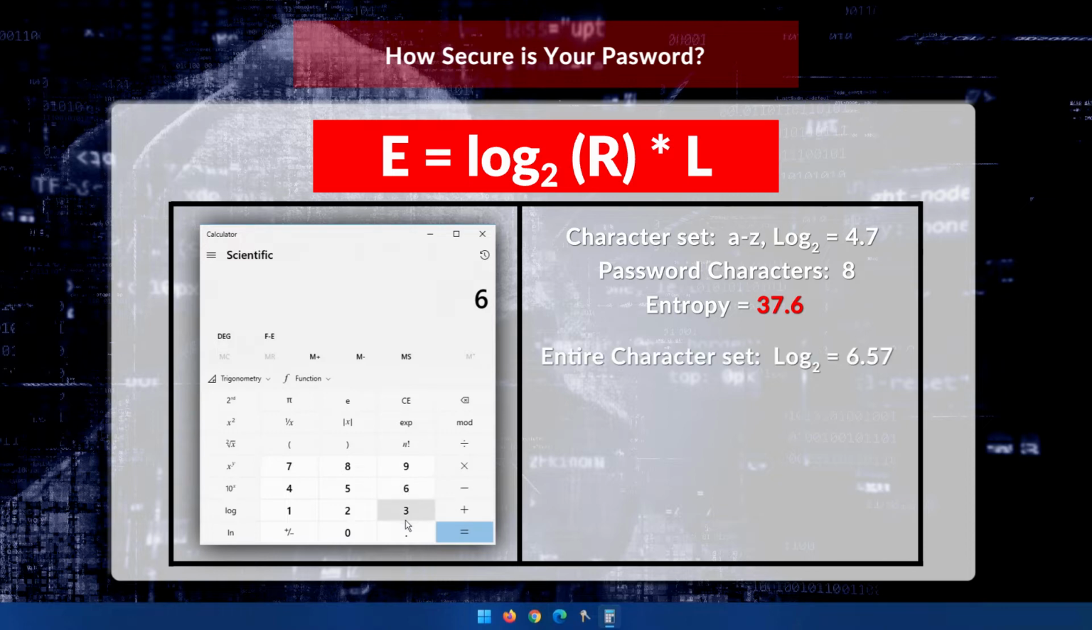We know that the log base 2 value of the entire keyboard set is 6.57. And we multiply that by 8, the number of characters that you're choosing, and you get an entropy of 52.56. That is still not quite high enough. So the only way you can increase that is to increase the number of characters or the length of your